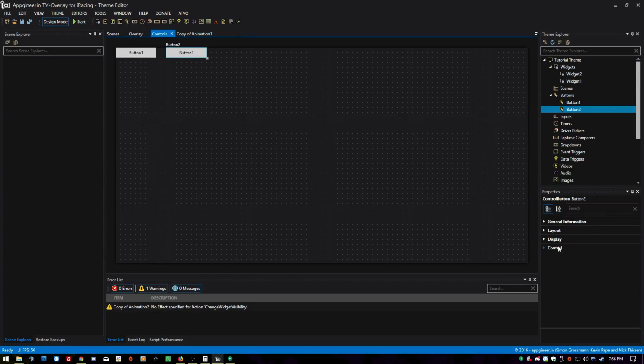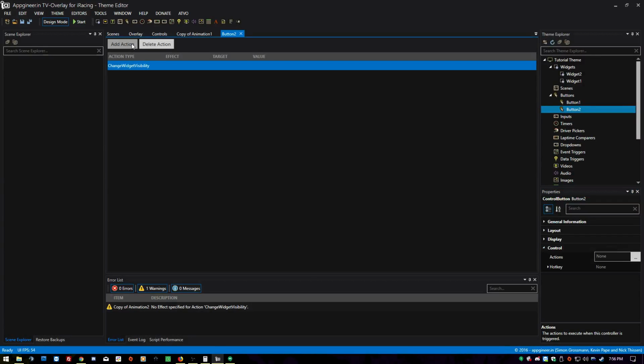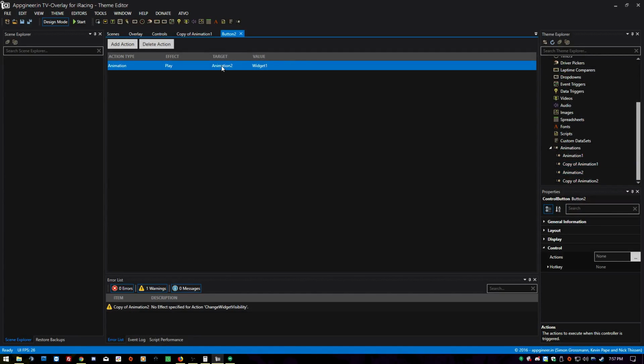Now the out needs to only have one, and it's the animation, play, and this is animation 2, I believe we have it set up. No, it's the copy of animation 1, and then it needs to be widget 2 because that's the white box